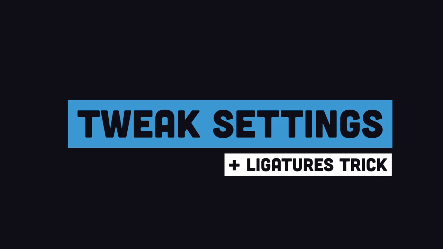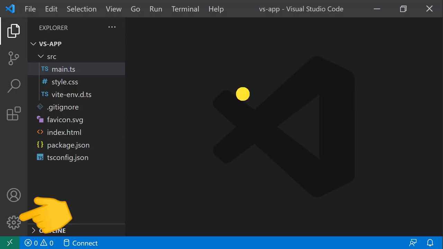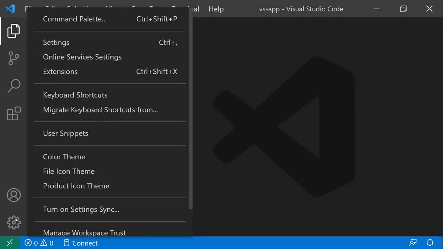The very first thing I like to do when I open up VS Code is personalize it. In the bottom left corner, you'll find a cog. Go ahead and click on it, and you'll notice it gives you the option for a color theme, file icon theme, and product icon theme. Personally, I really dislike the default VS Code theme, so we'll go ahead and click on color theme and choose